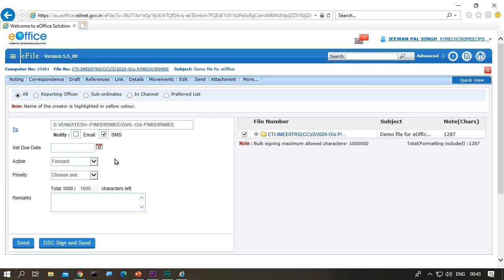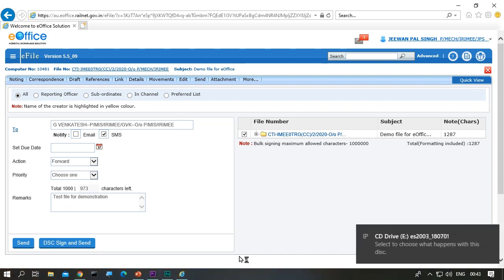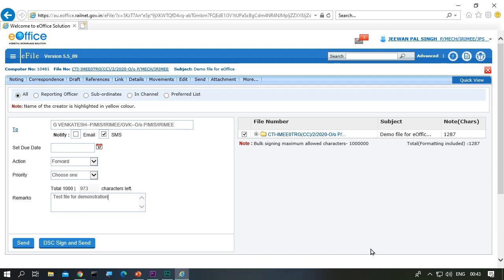Notification, remark, and use the digital signature to sign it and send.